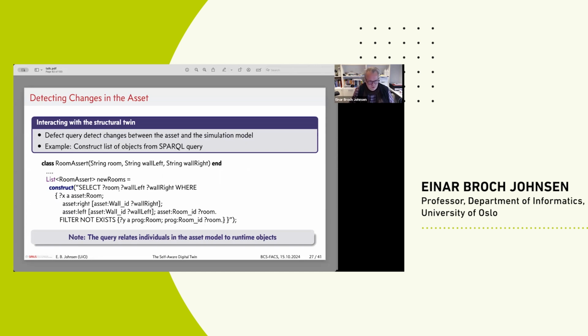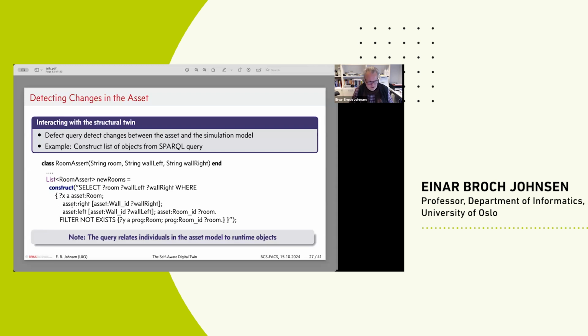So we are asking for the rooms, or the triples here, where the room is a room in the asset. And it is linked via an asset right. So it has a pointer asset right to an ID wall right, and a pointer via the asset left relation to an ID wall left. So that we are going to return this triple for those triples where we do not have a corresponding room in the program space. So we have the